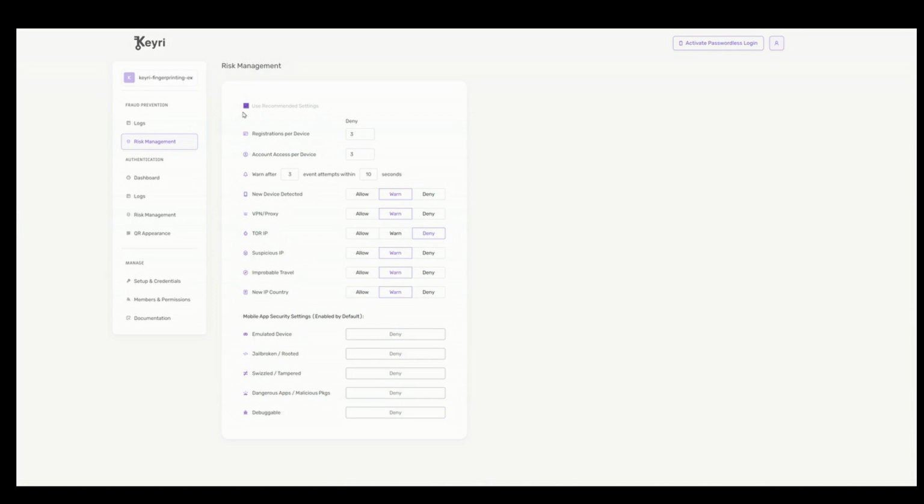Anyway, I think you get the idea here, and we've created recommended settings if you don't want to make any customizations. Allow is obviously for normal activity. Warn is for activity that should require something like an authentication challenge or step-up, and deny is for outright bad activity, such as registering 30 accounts with the same device, or in this case, registering 3. That certainly doesn't make a lot of sense. Let's now take a look at the log screen,